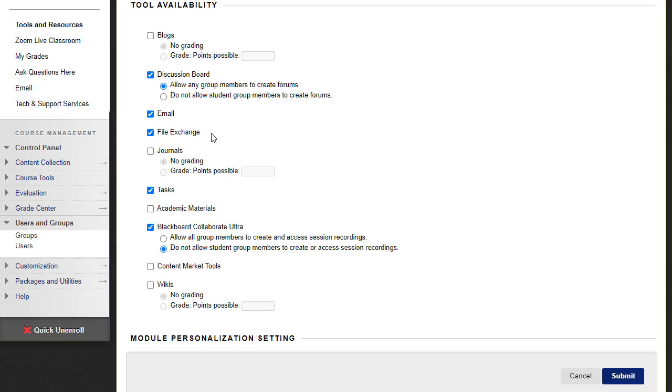File Exchange provides them with a space where they can upload files in a central area where everyone in the group can access them. Tasks allows them to create tasks and assign them to certain members of the group. This can be helpful if they're working on a big project. And Blackboard Collaborate Ultra gives them a space to meet online live using their cameras and microphones if they need